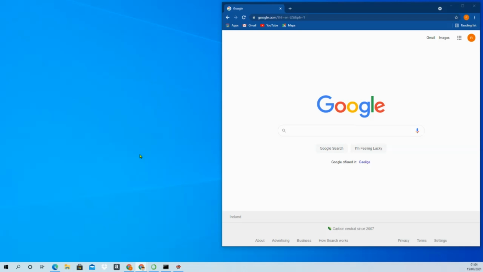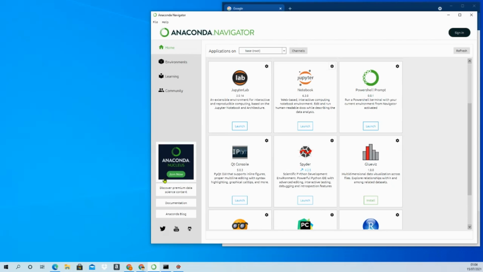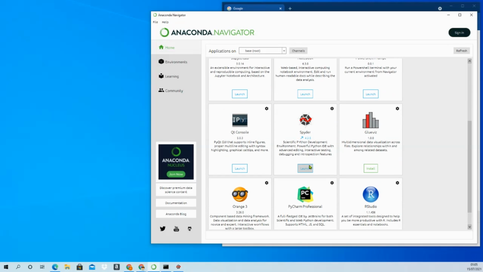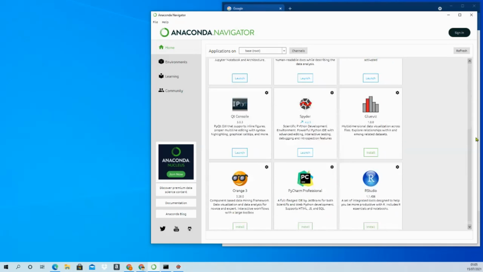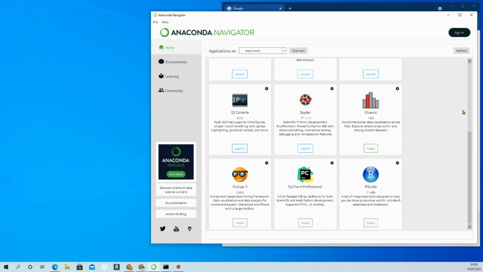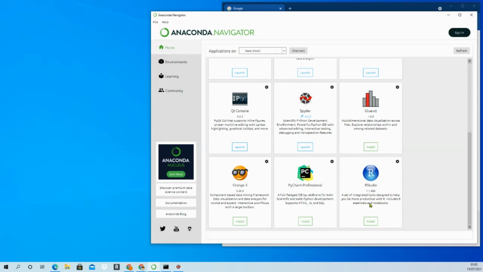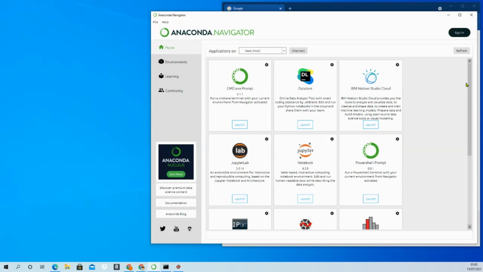VS Code or anything, that will do. But if you install Anaconda, then you will find all the IDEs come with this. You will see there is Spyder. It comes with a Jupyter Notebook. So if you install Anaconda, then it comes with all of this, and you can just install from there, and once you install, it can launch from there. And if you are not familiar with Anaconda,